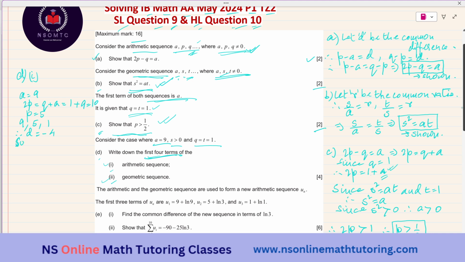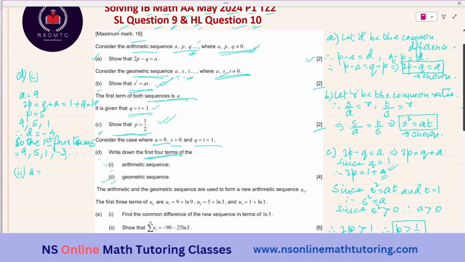So, the first 4 terms are 9, 5, 1, and 1 minus 4 is minus 3. Okay. Dot, dot, dot. So these are the first 4 terms. And II,